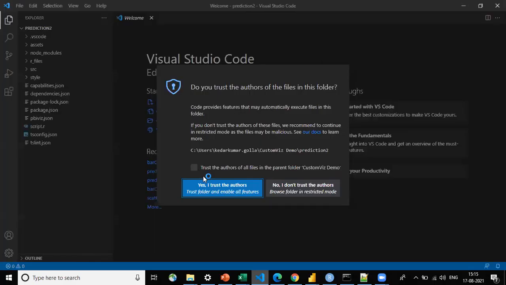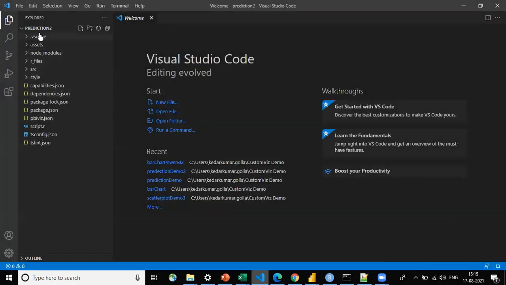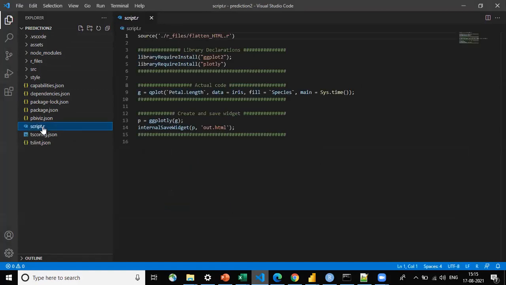After opening that, you can see that, like in all projects, you will have these many source files. The main part is that a script.r file will be created. If you see here, by default, when we run a new package, this iris-based qplot is already generated.